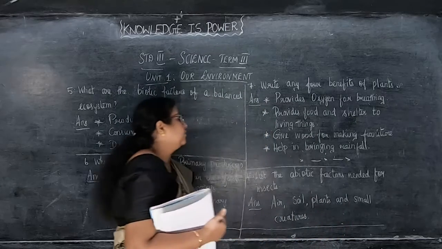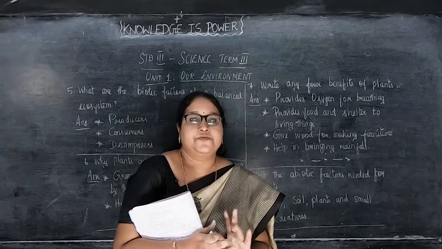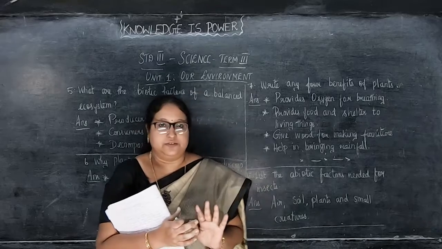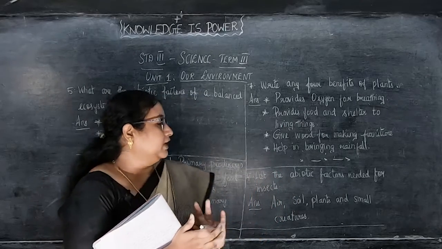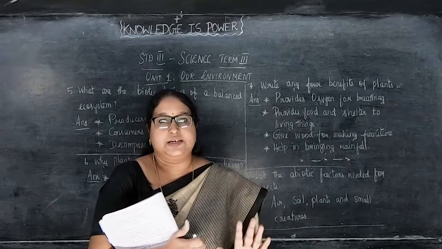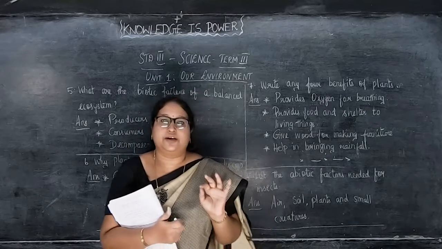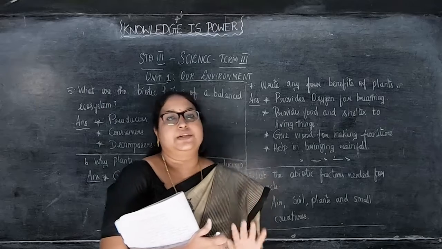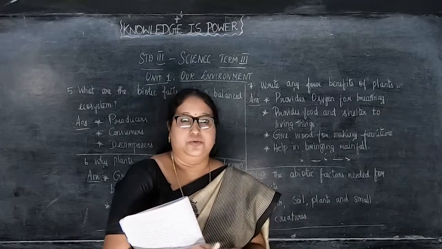Okay, children. Now we have finished this lesson. In the previous class I gave all the objectives like choose, fill up, true or false, match, and the first question. In this class, 2, 3, 4, 5, 6, 7, totally 6 questions I gave. So take down in your classwork. Whenever you are informed that you have to submit the notebook, you have to submit the notebook for correction, children. Okay. So write this lesson in your notebook. Thank you, children.